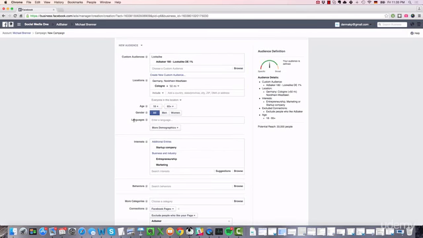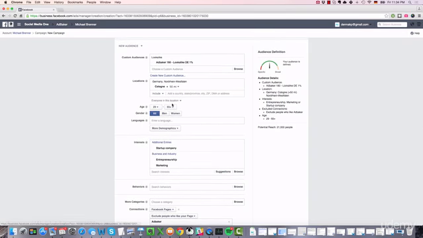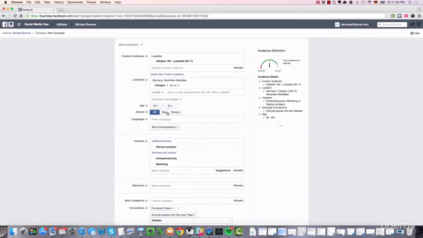Now, what about the other sections here? Well, in terms of age and gender, just specify it if there's a certain reason. Okay, so if you know that only the people who are between, let's say, 29 and 45, and they are female, that's the group of people who will buy from you most likely based on the data that you have, based on the purchase behavior of your